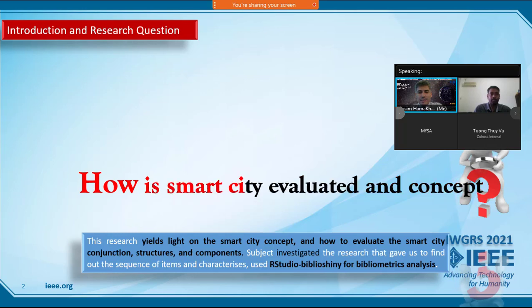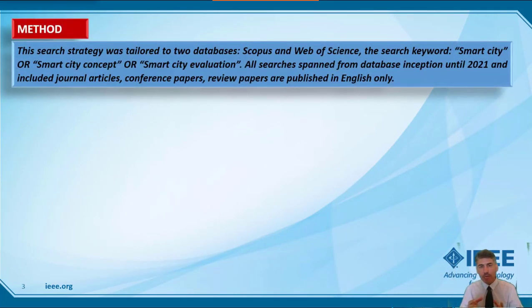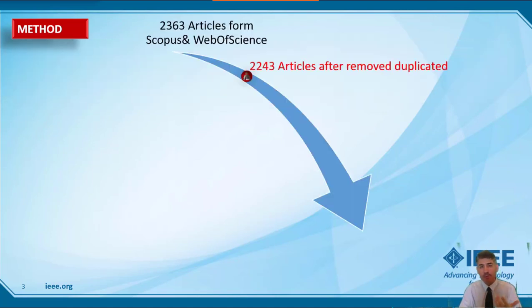The subject investigated in the research led us to find the sequence of items and characterize them using RStudio, Biblioshiny, bibliometric analysis, and VOSviewer. The method we are using is a systematic literature review. The search strategy was tailored to the databases Scopus and Web of Science. The search keywords are smart city concept or smart city evaluation, and included journal articles, conference papers, or review papers